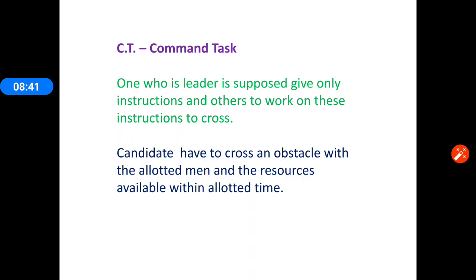Now in a progressive group task, actually it's a very important catch here. Since there is no leader, a few people emerge as natural leaders. You'll find that they are predominantly giving advice and actively taking part in crossing the obstacle. So in progressive group tasks, be very, very careful, and you have to do equally well in the other two tasks, that is half group task and command task.